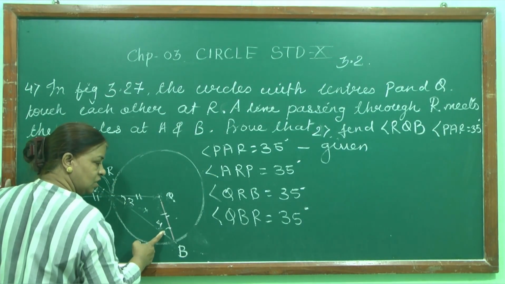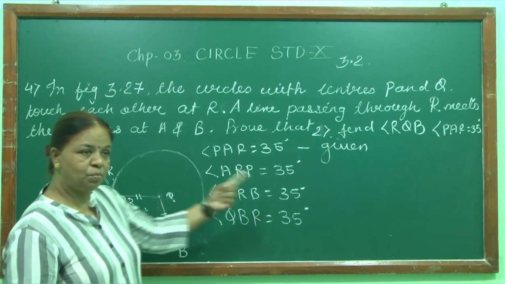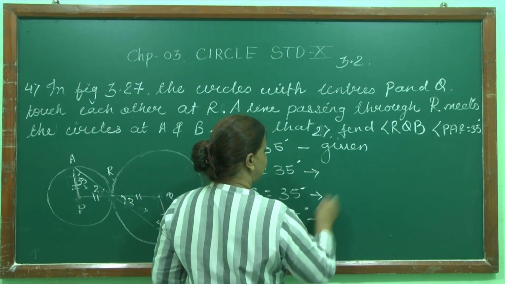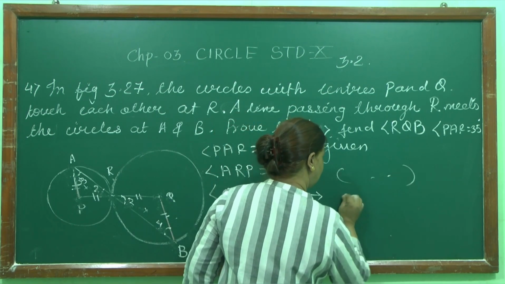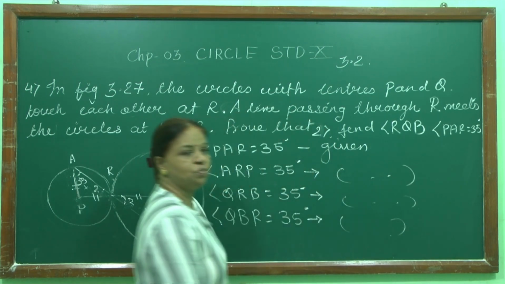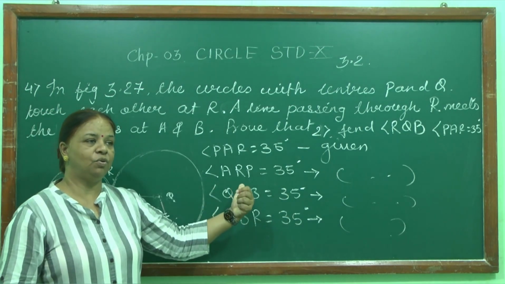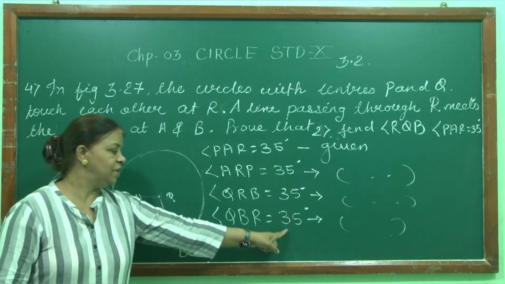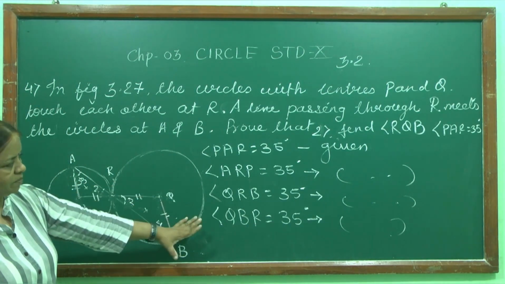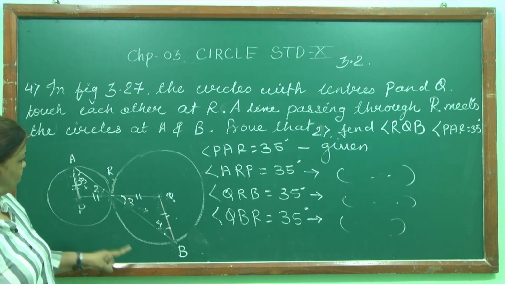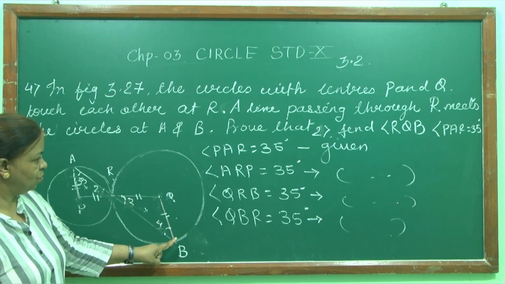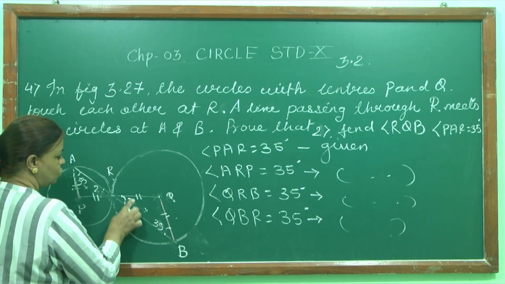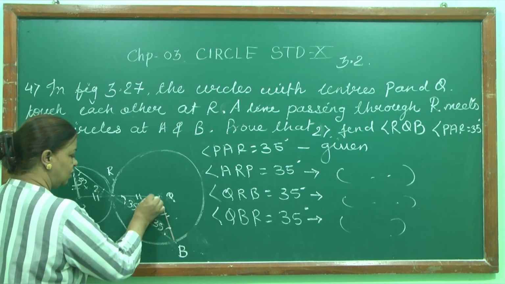Because this angle is equal to this angle. We have earlier proved from what point. You can pause the video and you can write down those points from where you got it. All those points are mentioned before. So you can write down from which point you have got it and you are getting QBR is equal to 35 degree. Once again, let me see it. RQB, we want to find out RQB, yes. Now we got this as 35 degree and this also as 35 degree. We want to find out this angle.